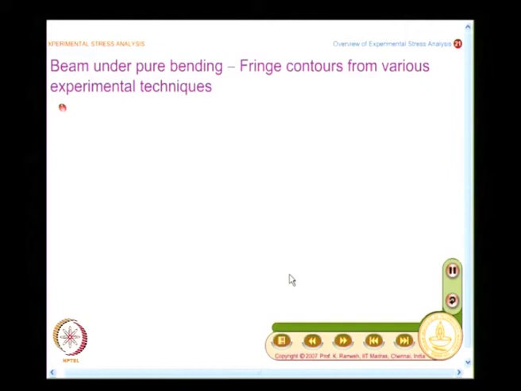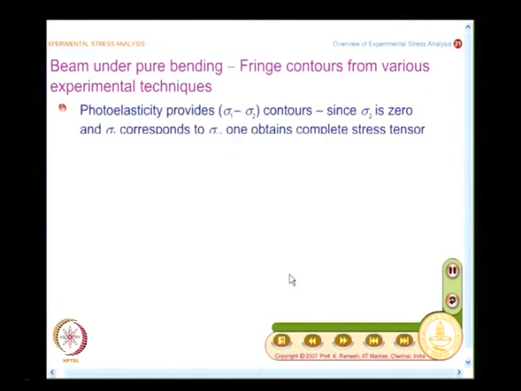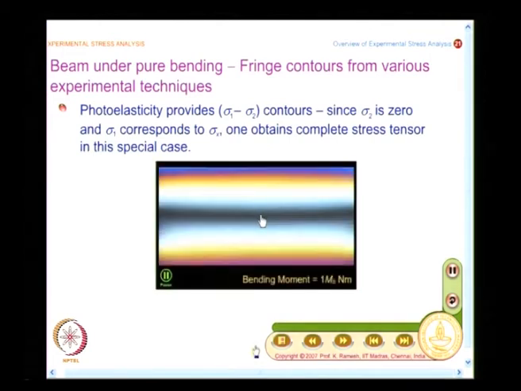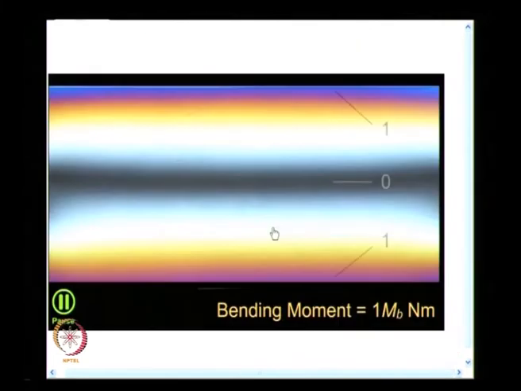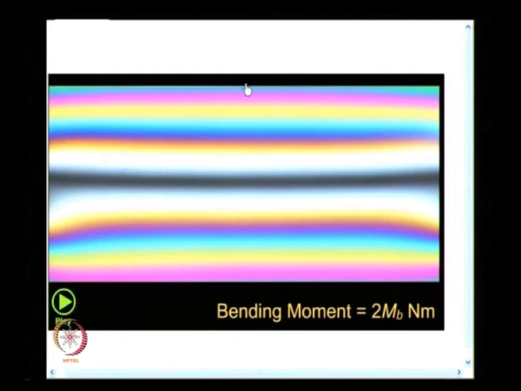We will see the fringe pattern, it will take a second to come, and when I magnify it, you will see in a very subtle fashion what you have on the top fiber. In this particular example, the top fiber is subjected to compression and the bottom fiber is subjected to tension. So, you will have the fringe order slightly greater than what is there at the bottom. So, it is not perfect symmetry. The experiment captures this; you may call it anticlastic curvature, but the experiment reveals this information.